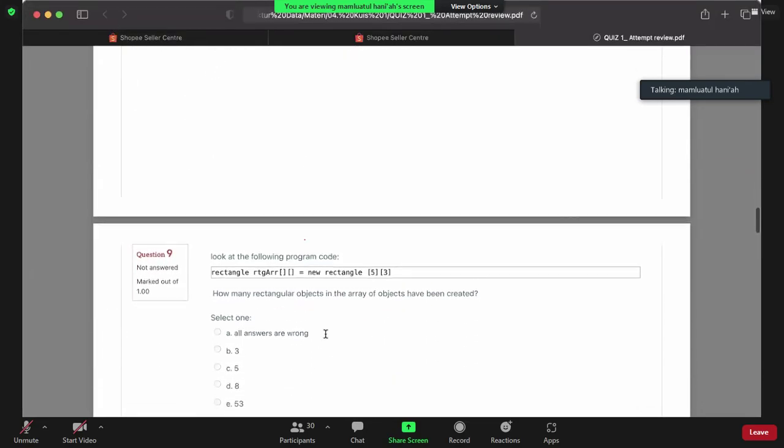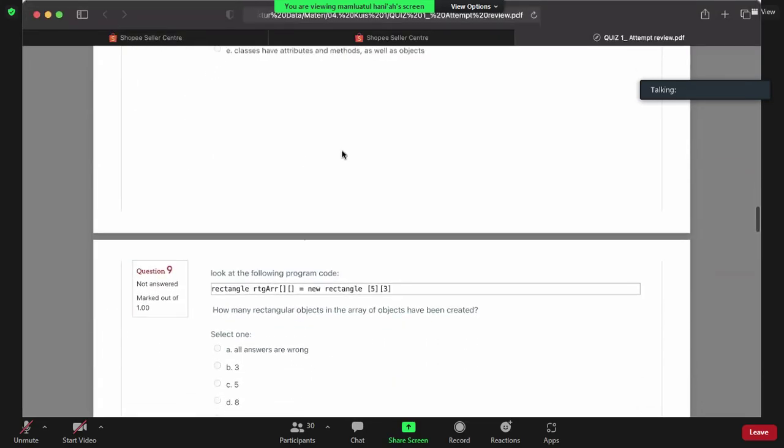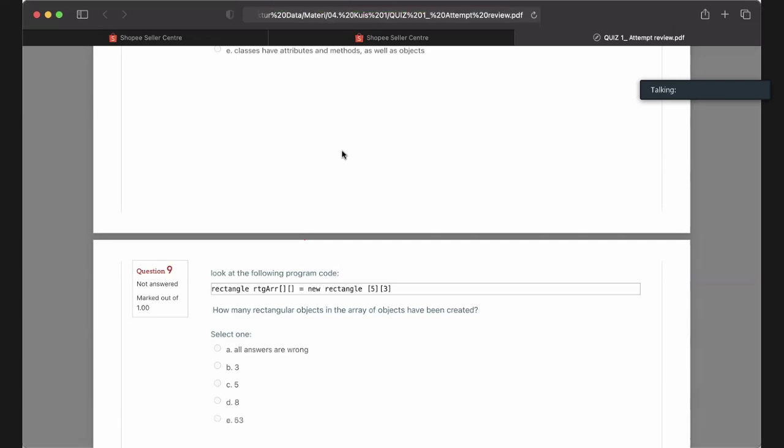And then number 9. How many rectangle objects in the array of objects have been created? So you create a multi-dimensional array to store your object. How many objects?